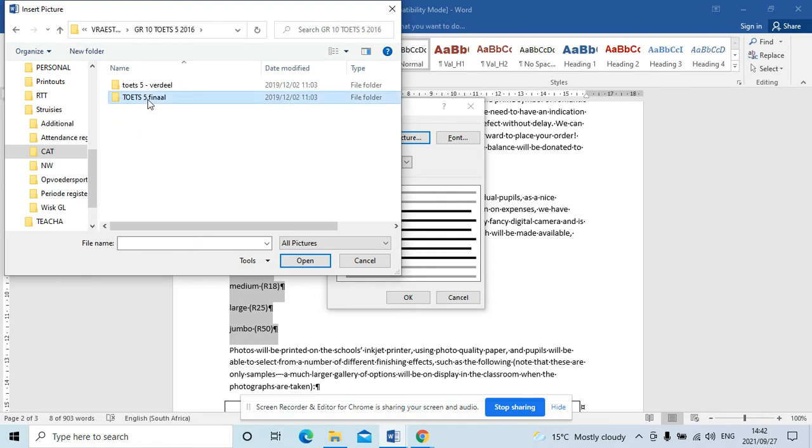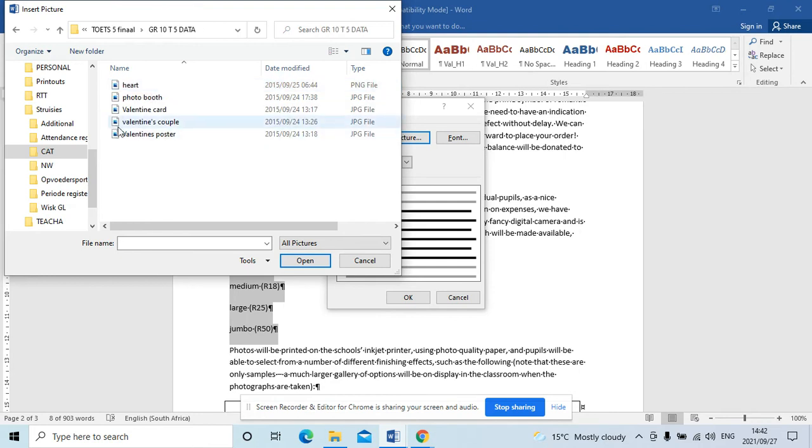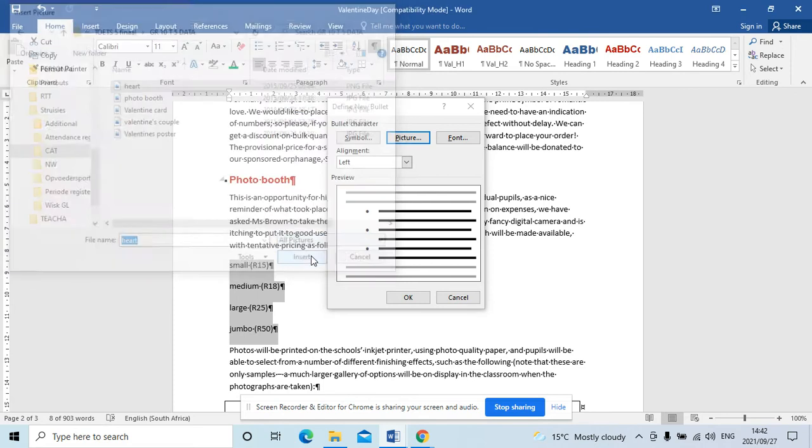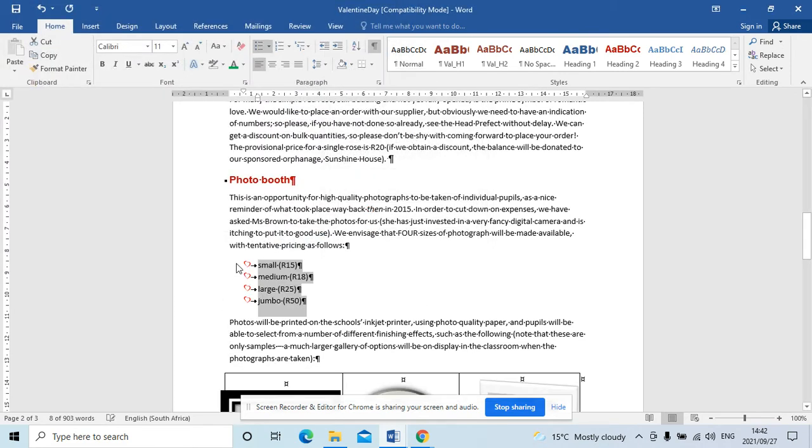picture. I'm just going to use, let's say we're using the data. Let's say we want the heart as a bullet, and we say insert, and can you see now the bullet has been changed into the picture that was given to you. Okay, now